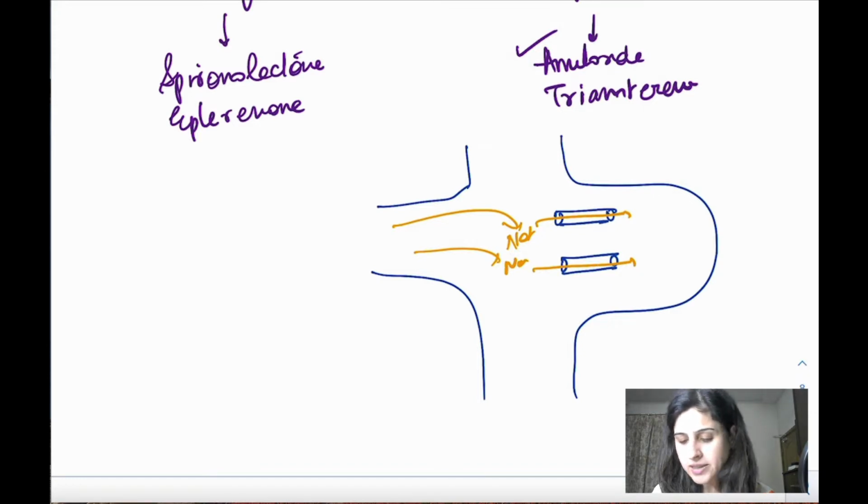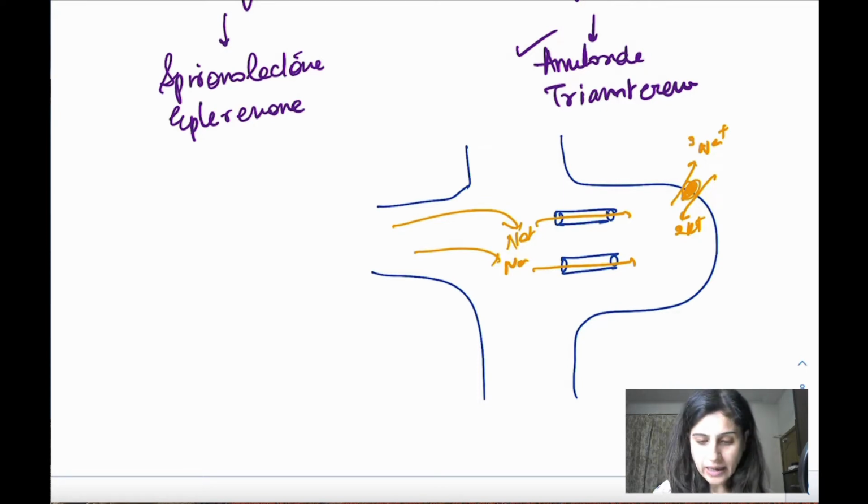Okay? And then here we have the sodium potassium ATPase. So sodium is going to go out, 3 sodium out and 2 potassium coming in. So this is one way. Okay? So it is reabsorbed here. So this was the role of renal epithelial channels. Now what is the role of aldosterone antagonist here?